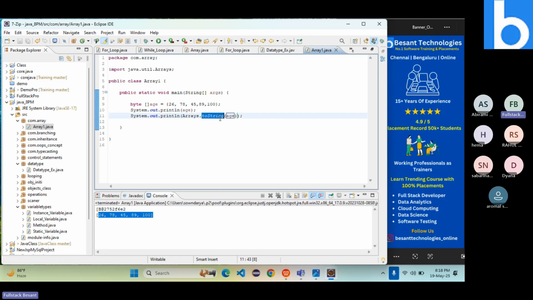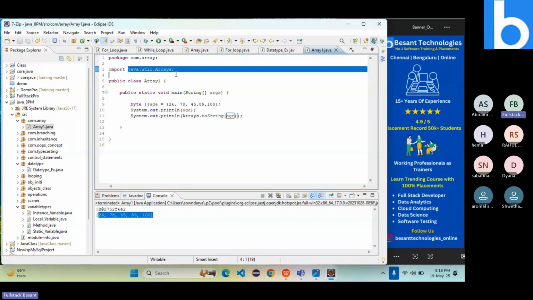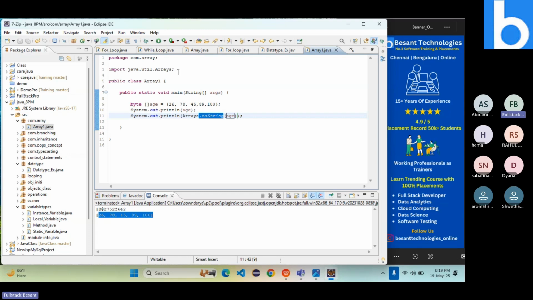This toString method is a predefined method which is already present in a package called java.util.Arrays package. So this is a package. Inside this package only, we have this toString method. The toString method is present inside this package. So whenever I need to use that method, by typing that method and pressing the enter, the package will be